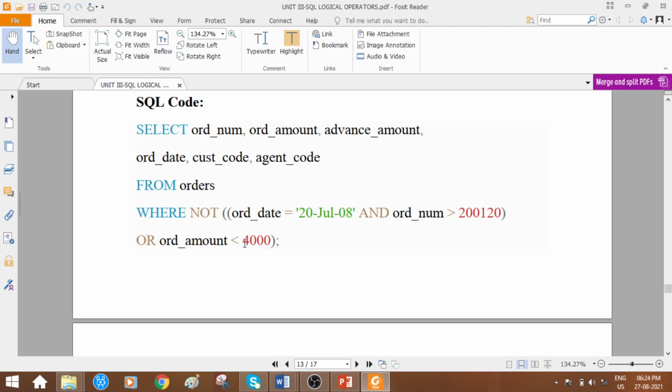If it finds any row with an order amount less than 4,000, this true value will be converted to a false value. In any row where the order amount is other than less than 4,000, meaning equal to 4,000 or above 4,000, only those rows will be considered and those order details will be displayed. Is that clear?